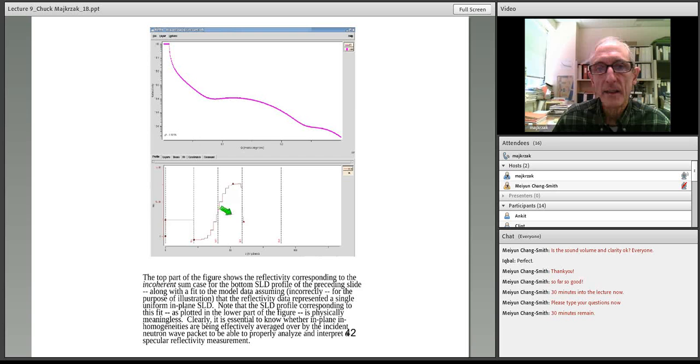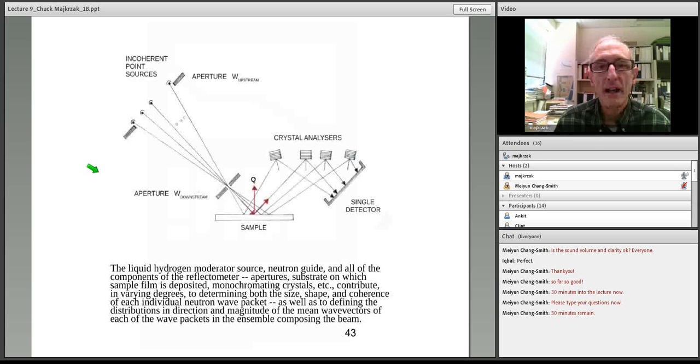modeling to fit this curve will correspond to something that's totally nonsensical and unphysical. It just isn't reality. So we get a result, even though the fit here is exquisitely good, we're fitting something unphysically. It's just not the correct analysis. So we have to be aware of this. So how do we know what to do? Okay, well, let's talk about how we find out what the transverse coherence length of the